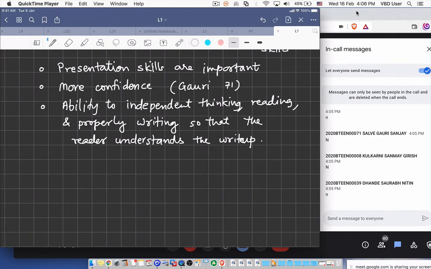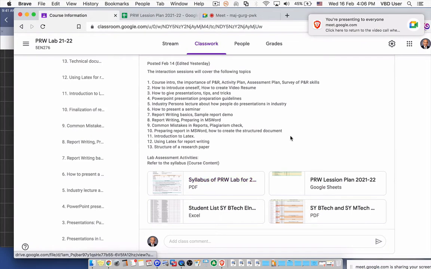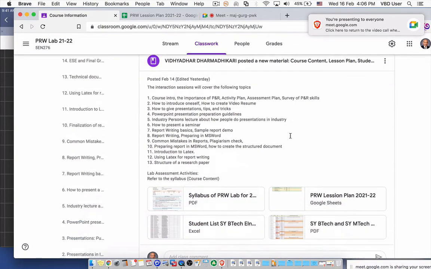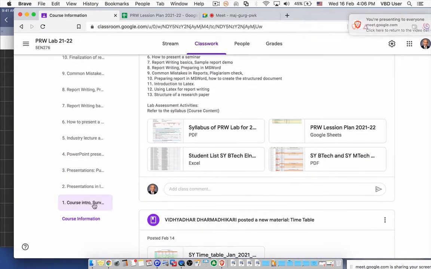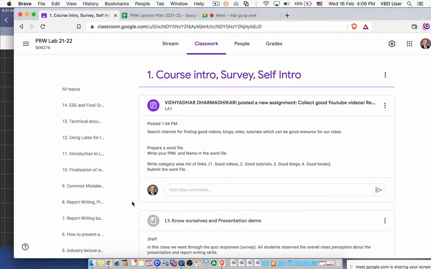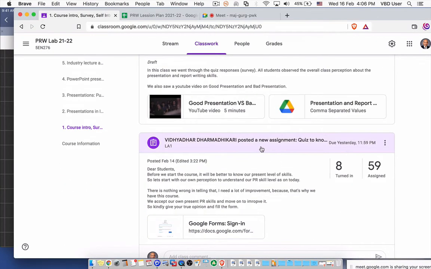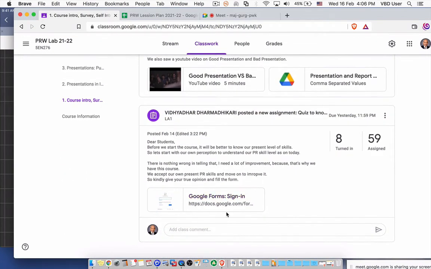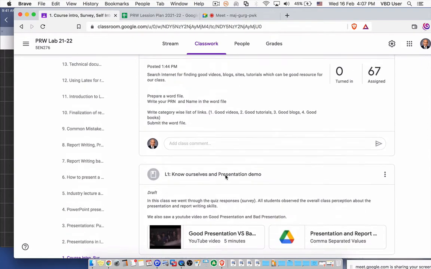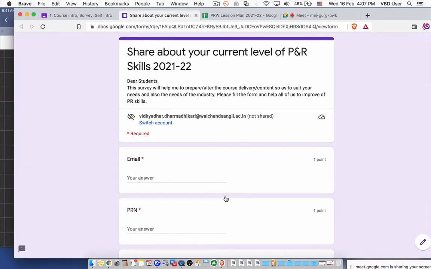तो इसलिए हमने एक सर्वे तैयार किया है। तो सब लोग अभी सर्वे में जाएंगे। तो सर्वे है कहाँ? वो सर्वे है हमारे कोर्स में। So everybody will go to our course, go to the first topic, course introduction and survey, and then take this Google form survey. Okay, तो ये सर्वे आप ले लीजिएगा। I'll just open this survey and you will find this survey, share about your current level of presentation and report writing skills 2021-22।